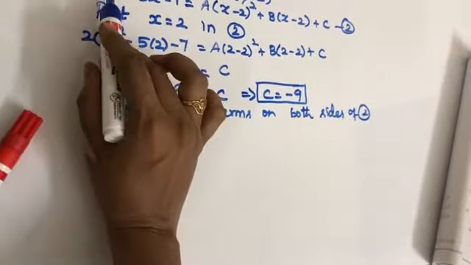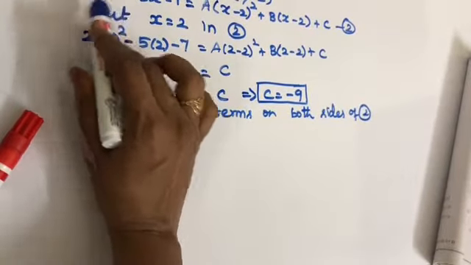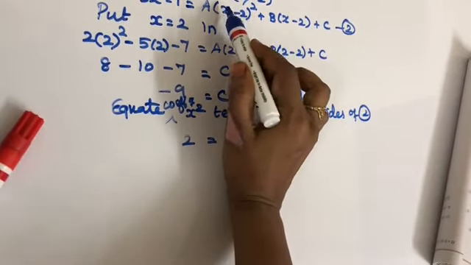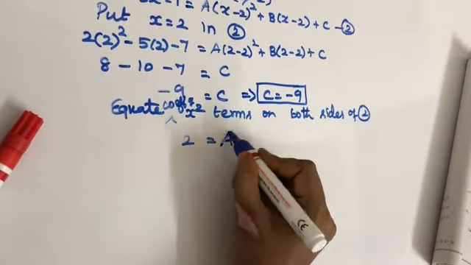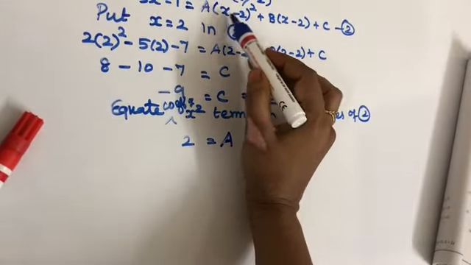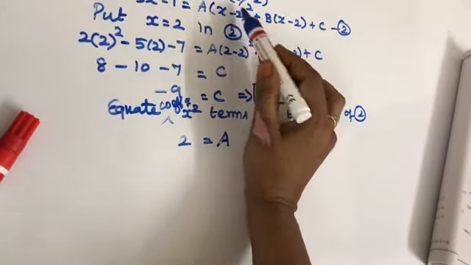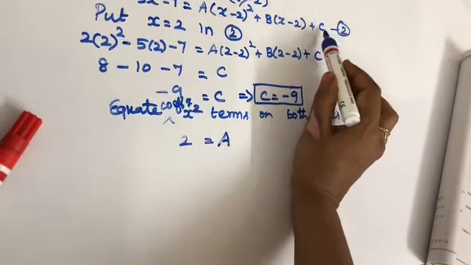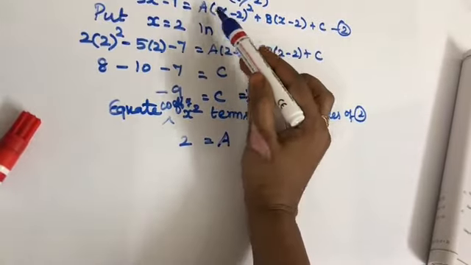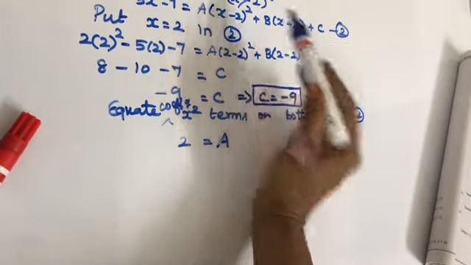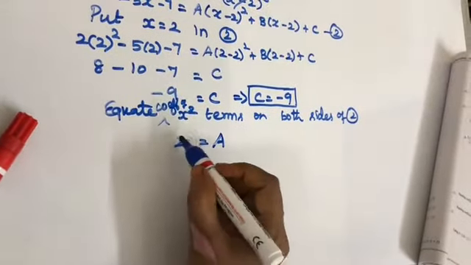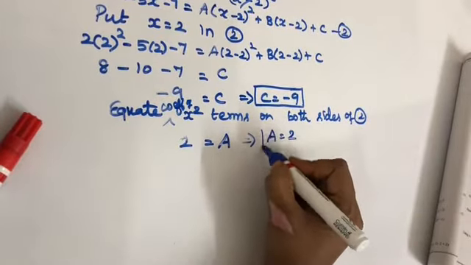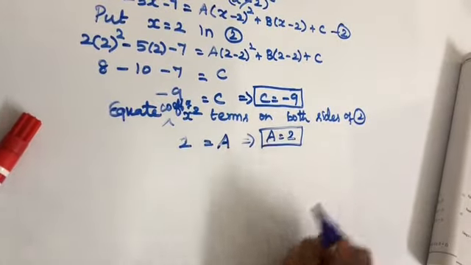So here on the left side, the coefficient of x square is 2. So 2 is equal to, on the right side, the coefficient of x square is A, right. For this only, for this equation, (x minus 2) the whole square, if you expand this, you get x square minus 4x plus 4. Right, here no x square term and here also no x square term. So the only x square term on the right hand side is A into x square. So while equating its coefficient, you get 2 is equal to A. So A is equal to 2. Now, we can equate the x terms.